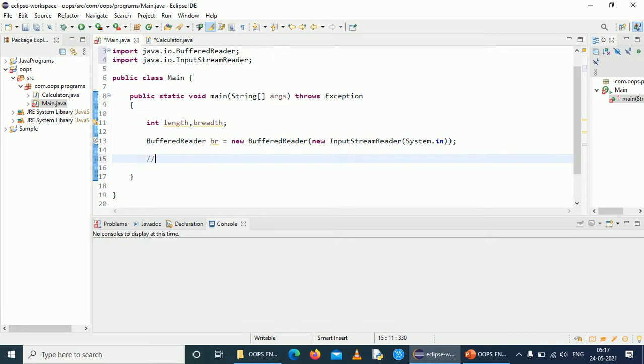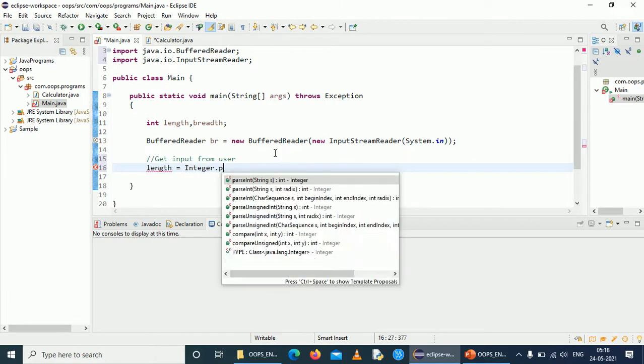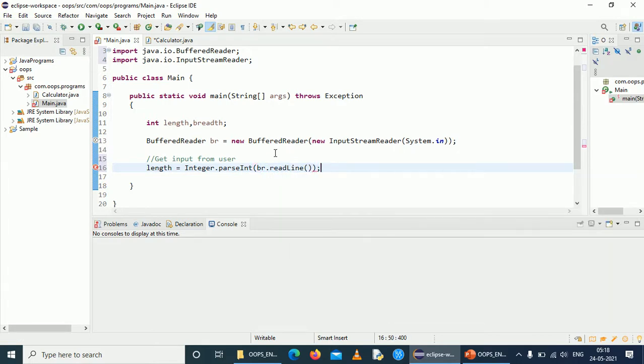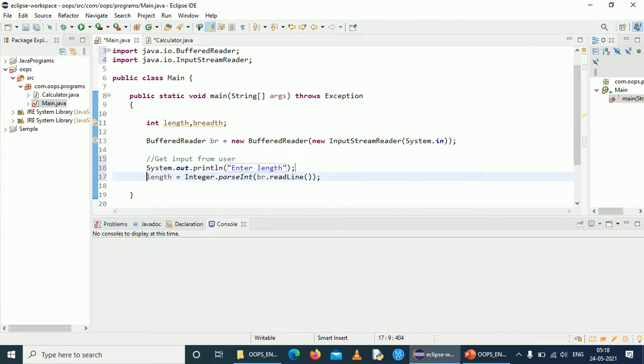The first thing, get input from the user. This line will prompt the user to enter the length, and this will get the entered value.